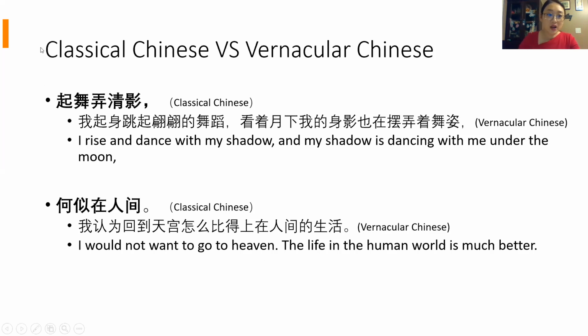So from observation, you can see classical Chinese is much more concise. Only 2 words here, 起舞, can mean a full line, 我起身跳起翩翩的舞蹈, I rise and dance with my shadow. It's a very distinct contrast, and it shows that classical Chinese has very concise meaning and is not very